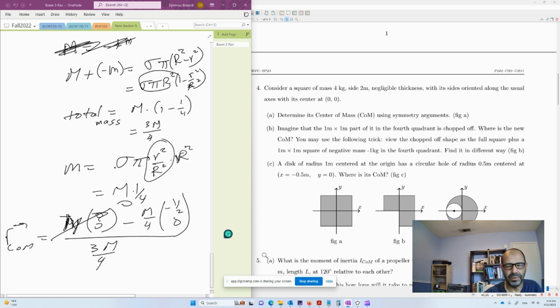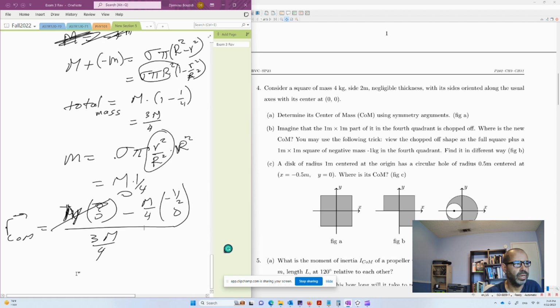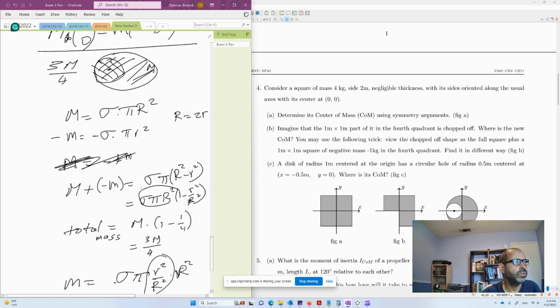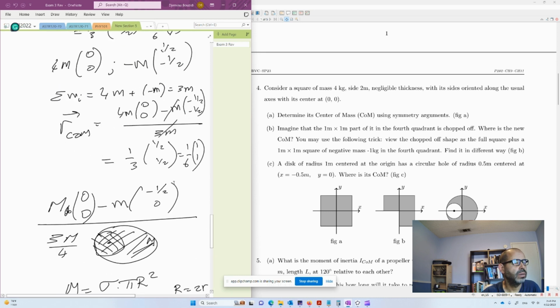Negative times negative is positive. M cancels the M, quarter cancels the quarter, so it's going to be 1/6 again, okay? 1/6, but 1, 0. So the center of mass is somewhere in here on the x-axis. Again, this should be also the same result